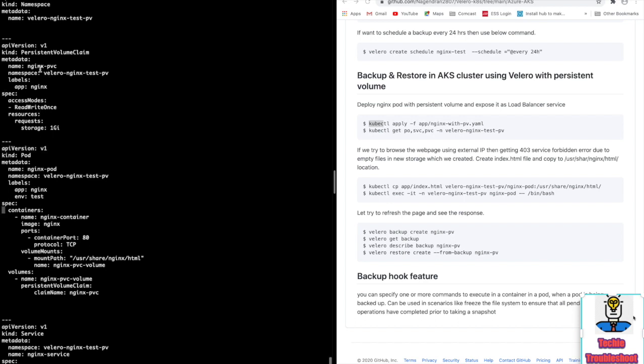So here I mentioned the Nginx PVC, the name for the persistent volume claim, and mapped that name to the pod here. And then we have to specify the mount, where you are going to mount on the container side, the pod side. So I just mentioned the directory here.